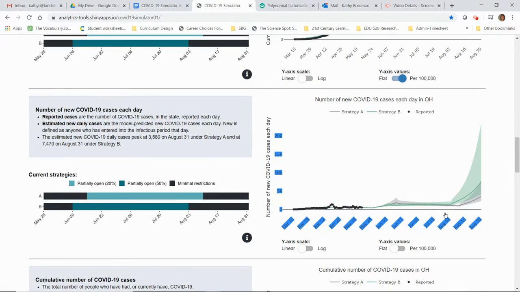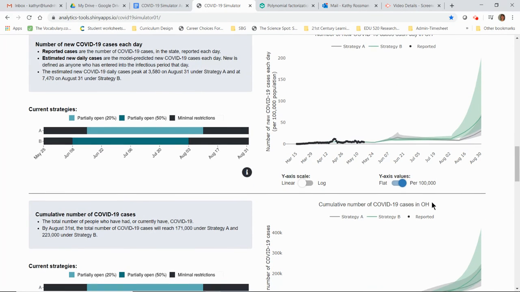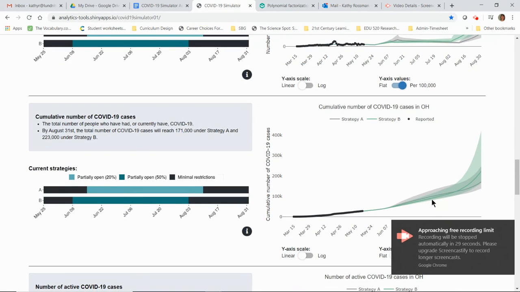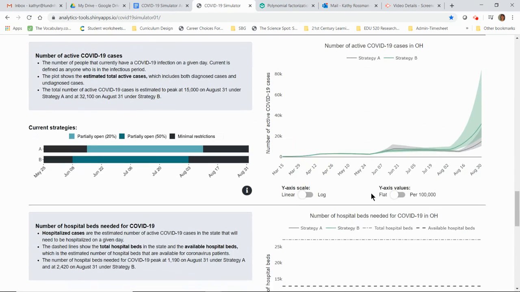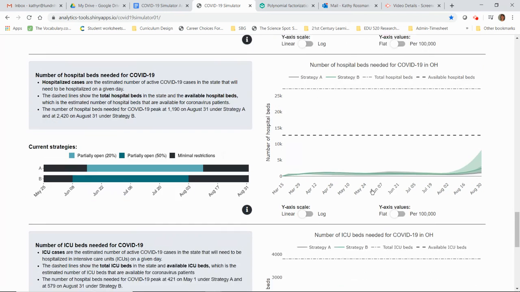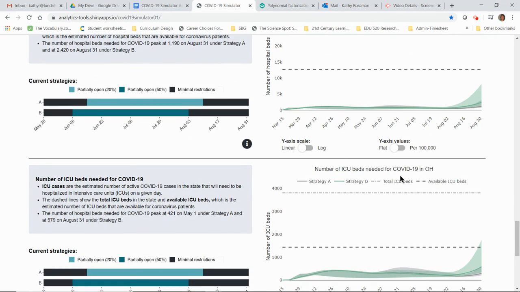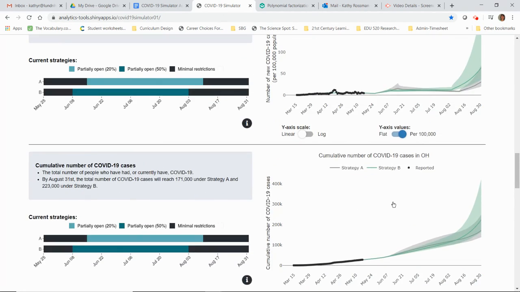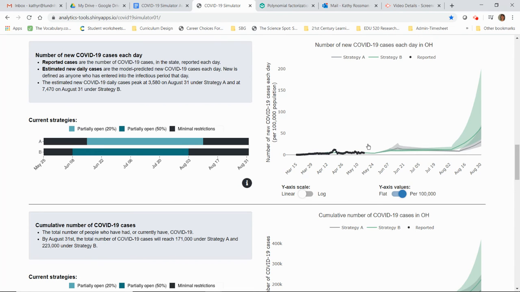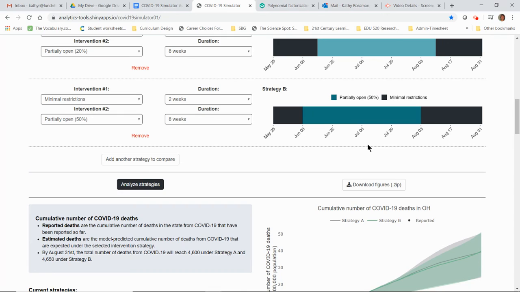So for each of your graphs, once you've found the strategies that you wanted to compare, and it's doing what you need it to do, change each of those to per 100,000 people. Scrolling down, you can see that a bunch of different graphs get completed. If your presentation is focusing on the number of ICU beds, definitely include that graph in your final project. But you don't have to use every graph that you create. Use the ones that matter, and make sure you reference them and the strategies that you're